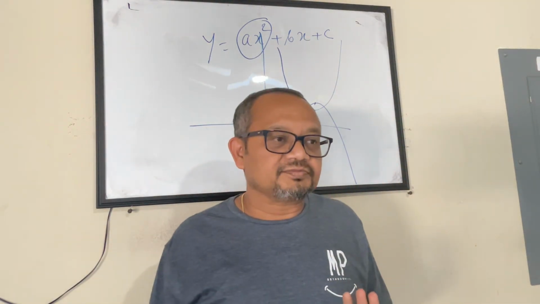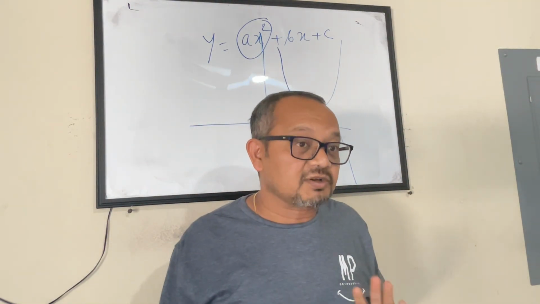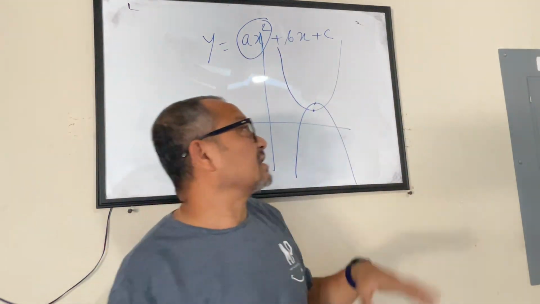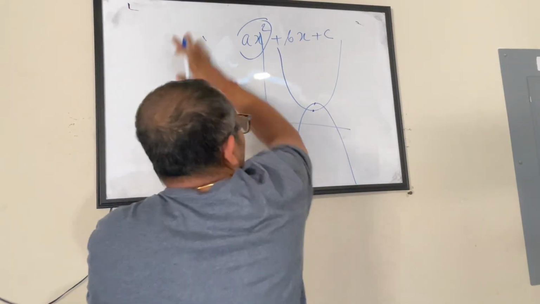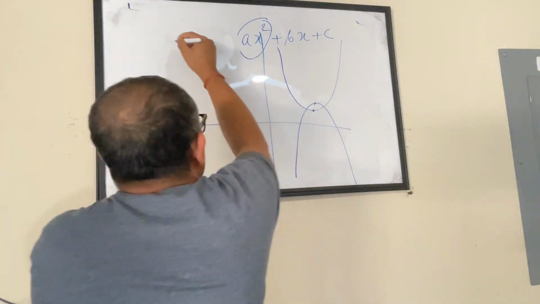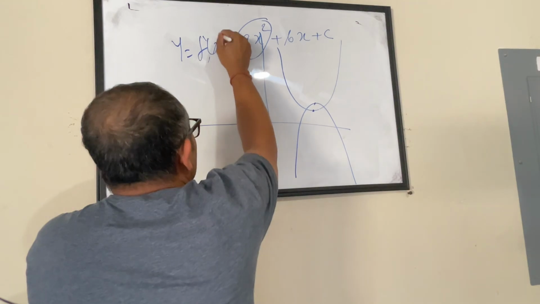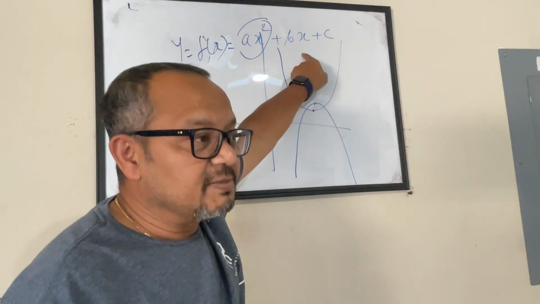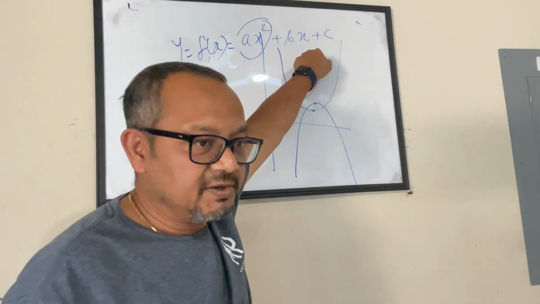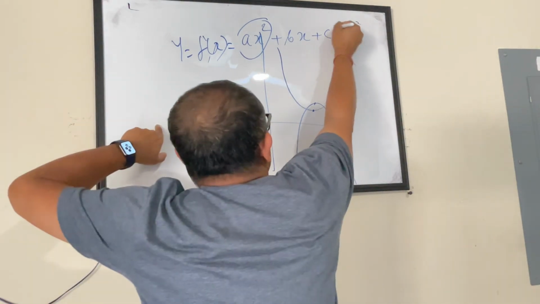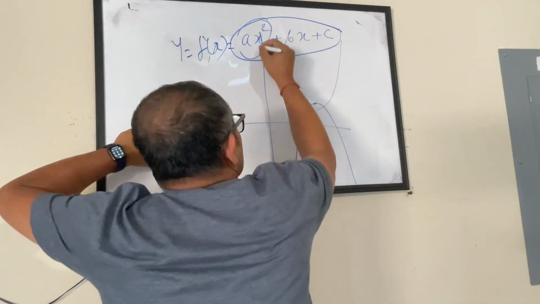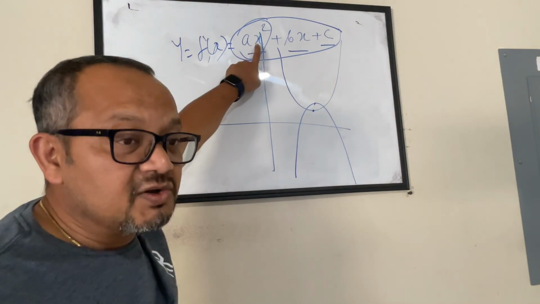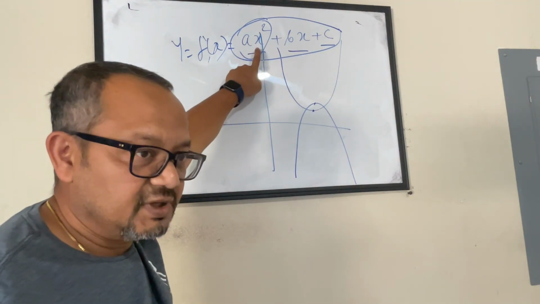Alright. So this is about quadratic equations. If you don't have anything here, this becomes a quadratic expression. If you write this as y equals f of x, y is a function of x, in this form, then it becomes a quadratic function. But whenever you say quadratic, that simply means an equation or an expression where the maximum power of the variable is 2.